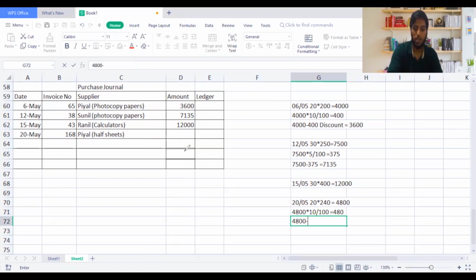If you get 4,800 and you deduct 480, what is your value? I can just find it out. 4,800 minus 480 will give you a value of 4,320. So that is the value which we should take into the books of account. So I'm going to erase this out, then I'll move on to the sum. 4,320. Now after recording this, easy as that, we are moving on to the next adjustment.